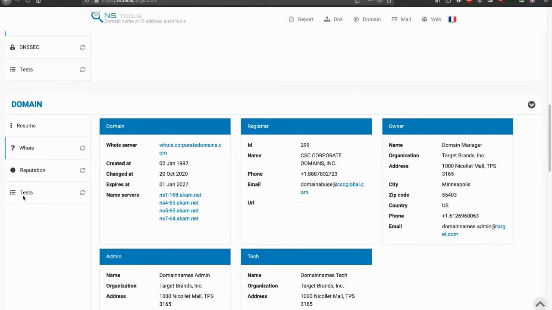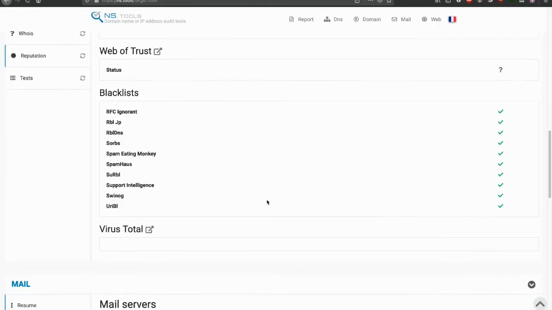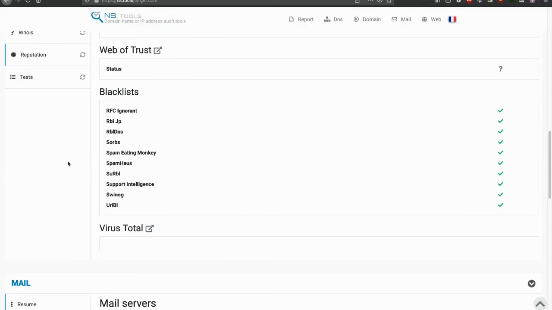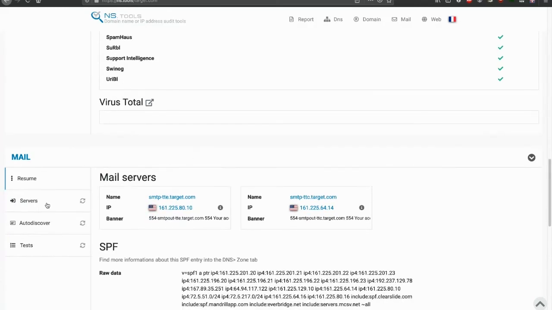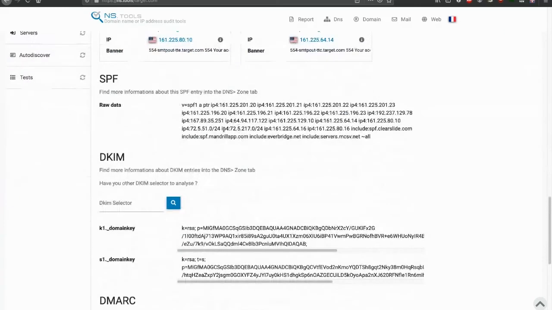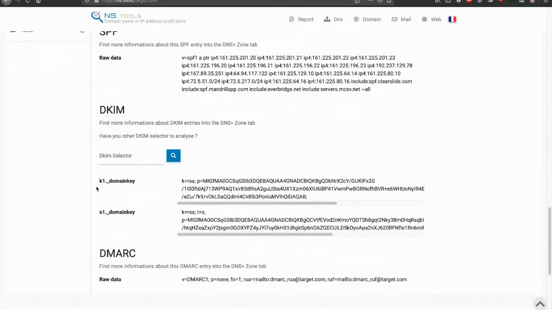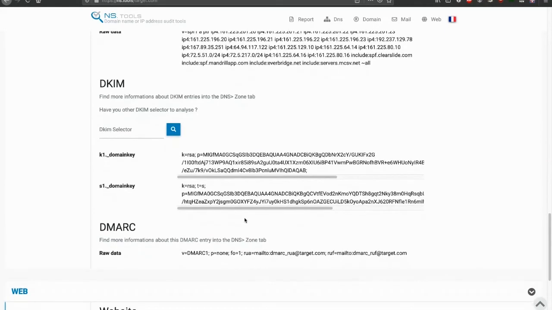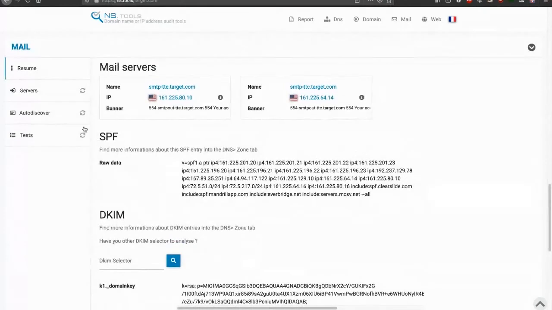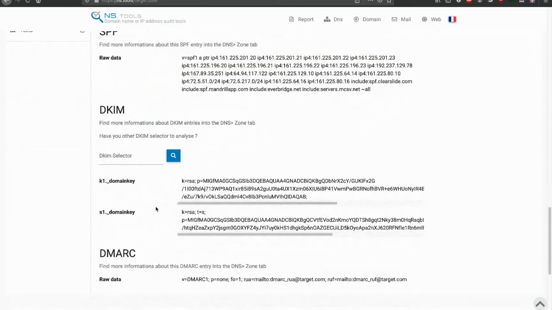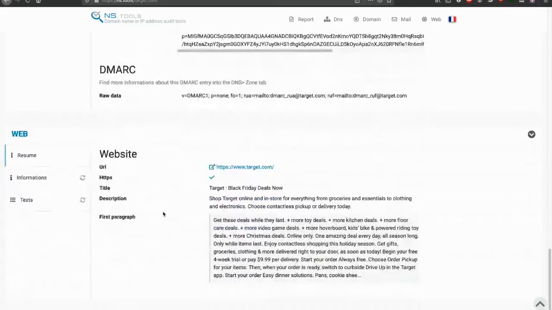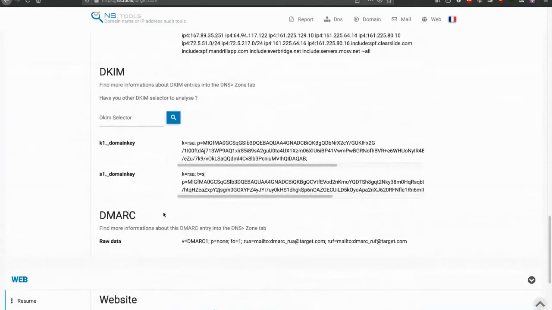Domain manager, we've already seen that. We can look at reputation information, see if there's any bad reputation stuff. Right here is the email stuff, SPF. But right here, this tells us the domain keys. So K1 and S1 would be their names for that. And we can actually look a little bit more thoroughly with this and ascertain the key size to know what they're doing regarding DKIM